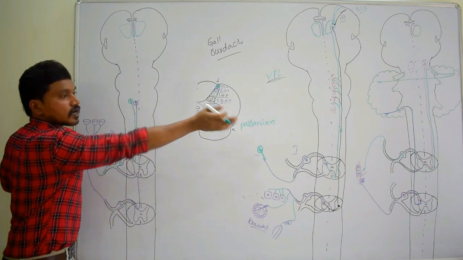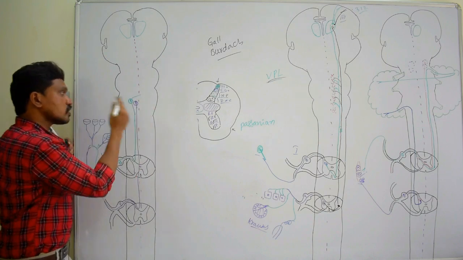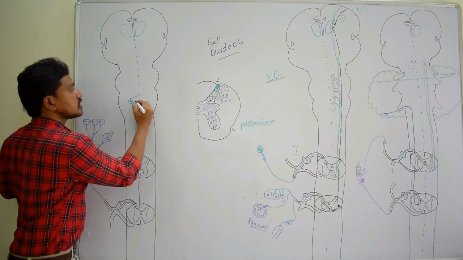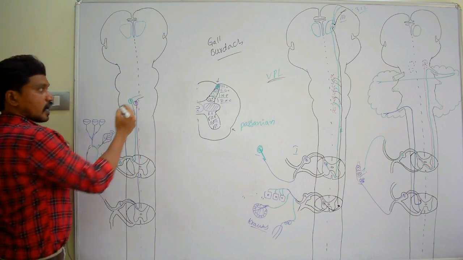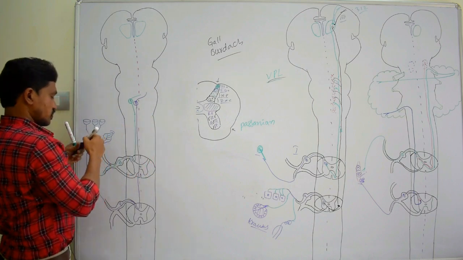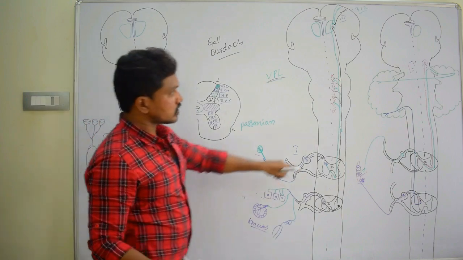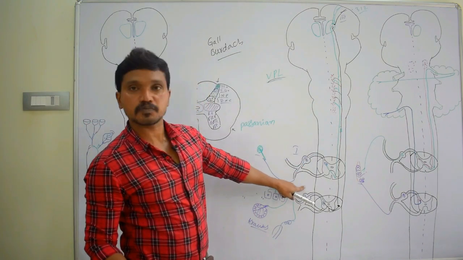All the tracts are crossed and they think, why don't we? Then they cross to the opposite side as internal arcuate fibers. Then they ascend up as medial lemniscus. In case of these two tracts, anterior spinothalamic tract and lateral spinothalamic tract,